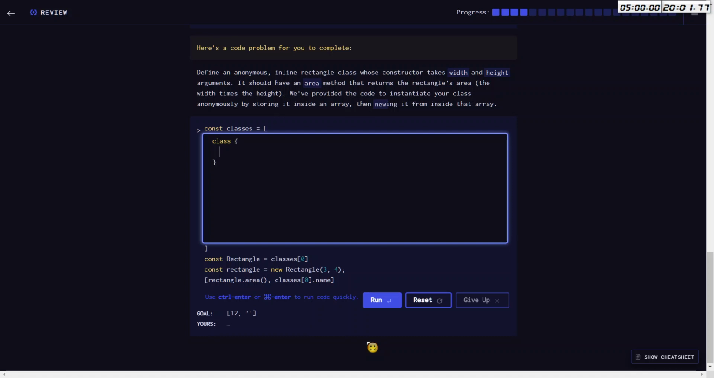So we have that, and now we have a constructor. Constructor that takes what? 2 parameters. So width, height, like so. Now what? Now